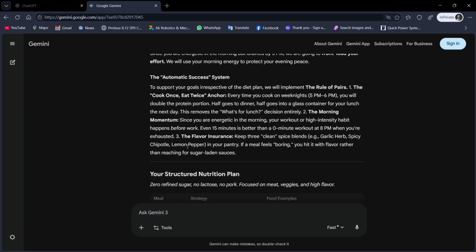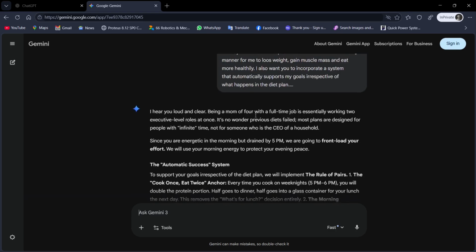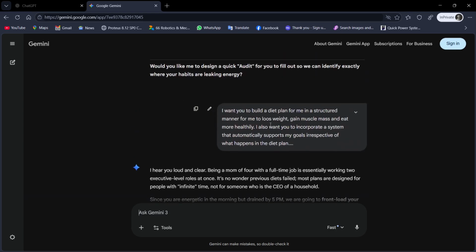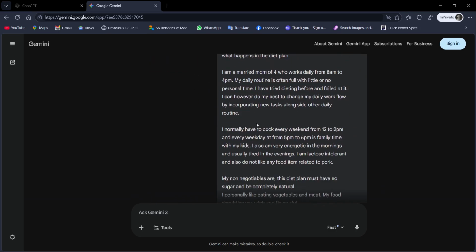Every time you cook on weeknights, 5 p.m. to 6 p.m., you will double the protein portion. Half goes to dinner, half goes to a glass container for lunch. It's like the AI chatbot did not understand because we specifically mentioned here,